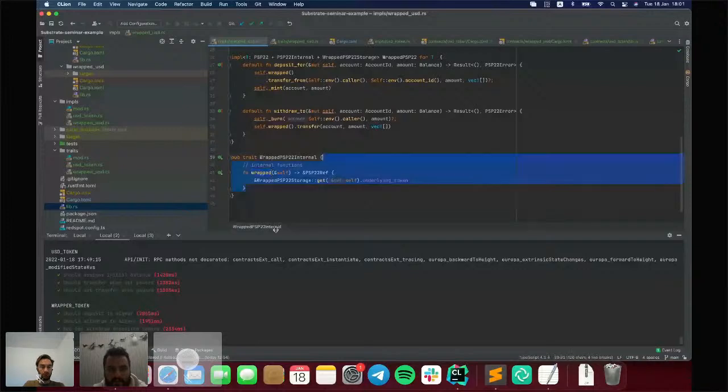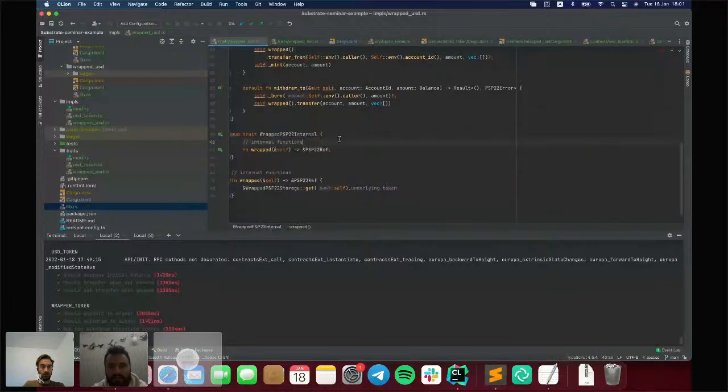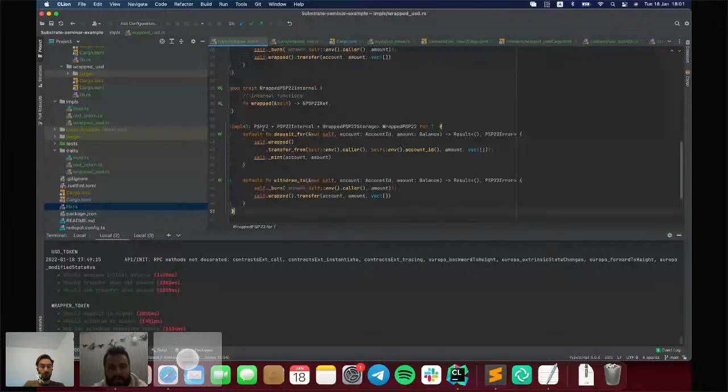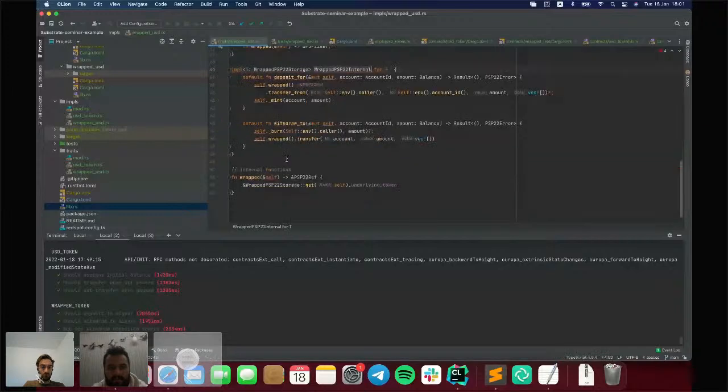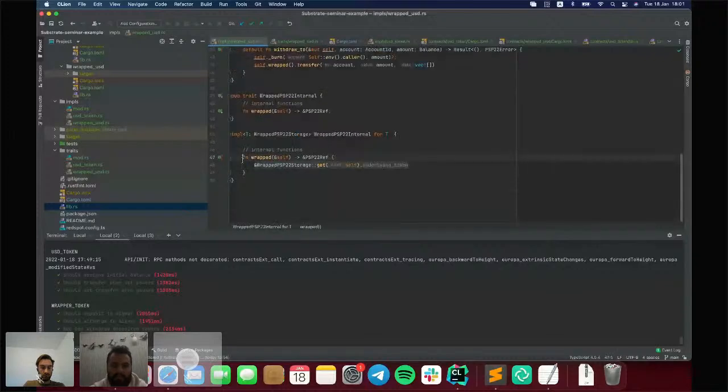And let's also create a default implementation for that internal trait. So it will have the following syntax.